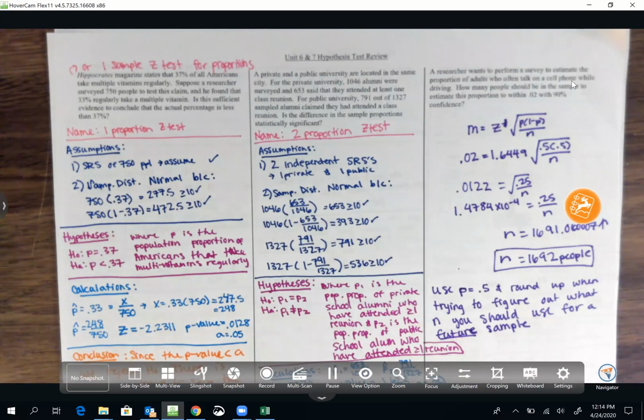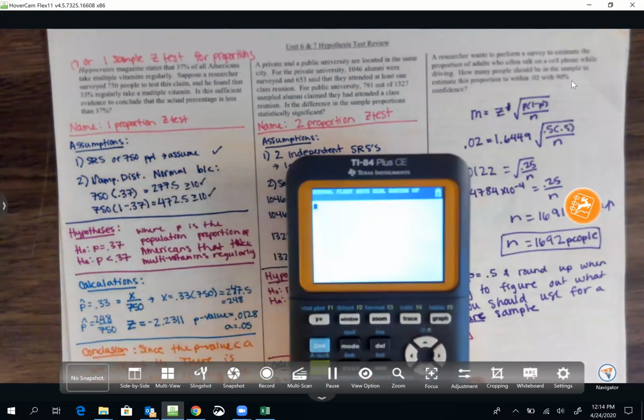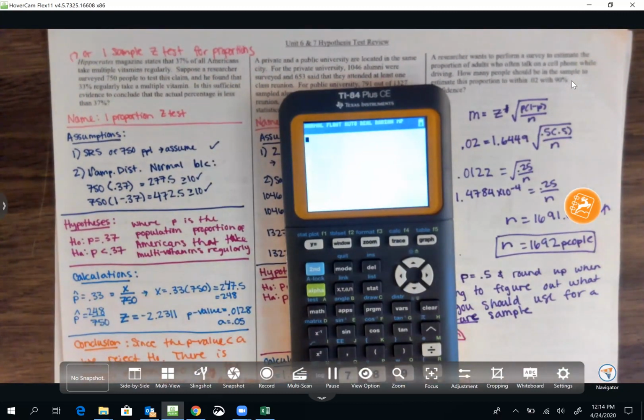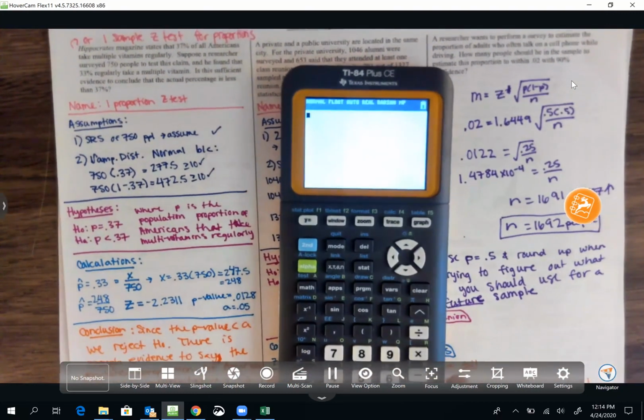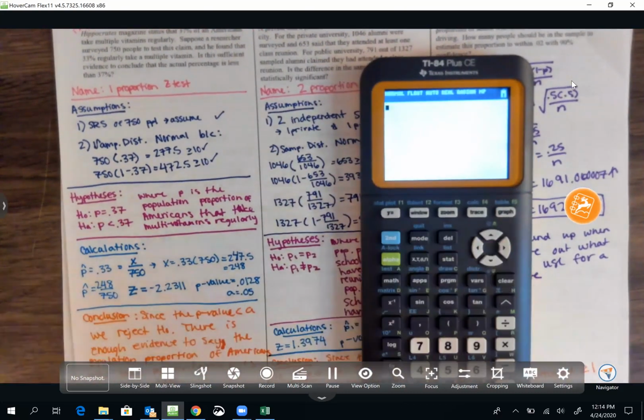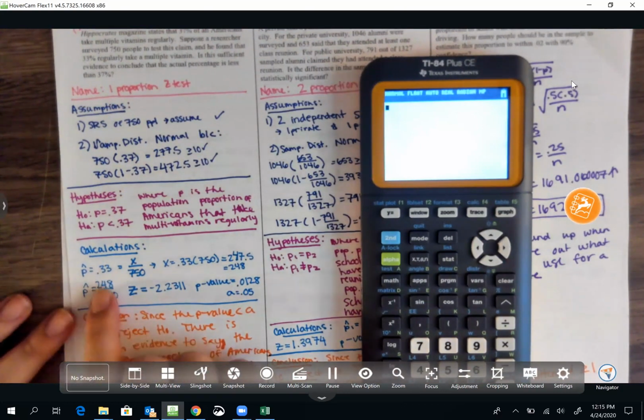I do want to talk about how to type in a couple of these. So I'm not going to go over everything, but I'm going to go over a couple of things here and there. I would definitely recommend that you read over this and you look at everything, but I'm going to go over just a few things. So on this one,